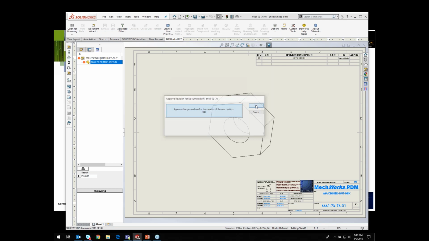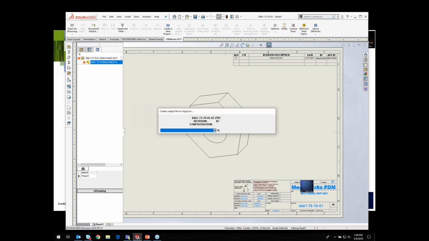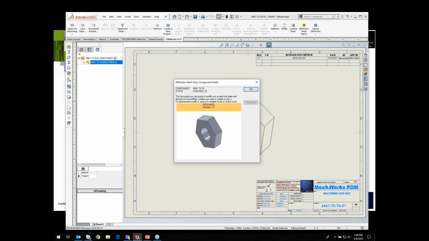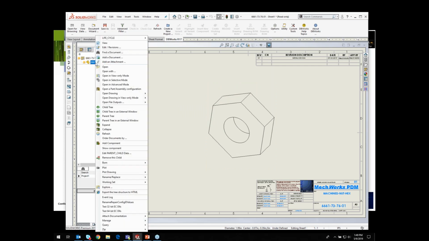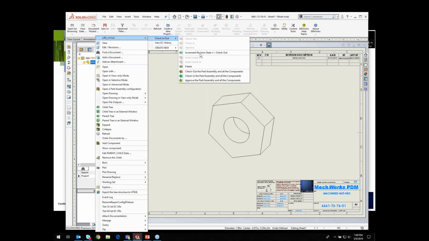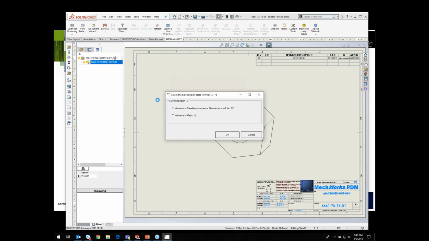On this system for the users, it has been configured so that the users have a choice of, in this case, staying as a pre-release or prototype release, revision 01, 02, 03, or, and if we go back here and we'll check this out again, here we go, you can see the user has a choice of keeping it in that prototype or pre-release sequence